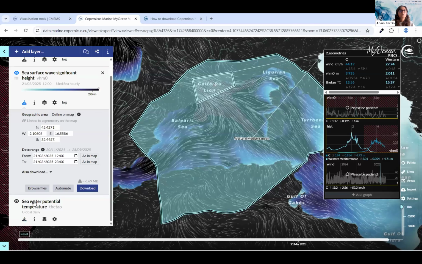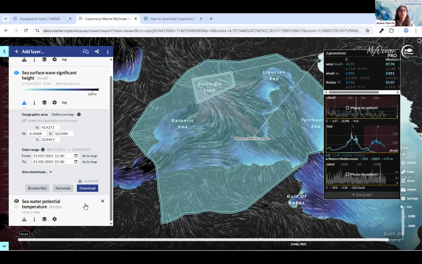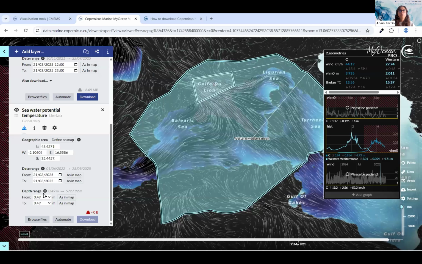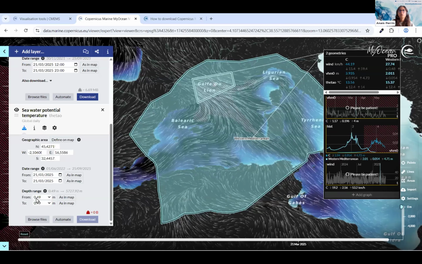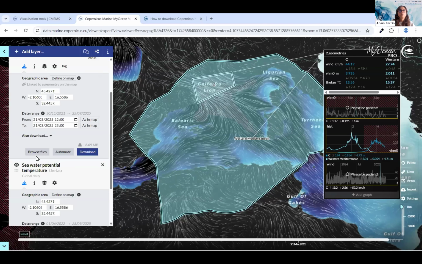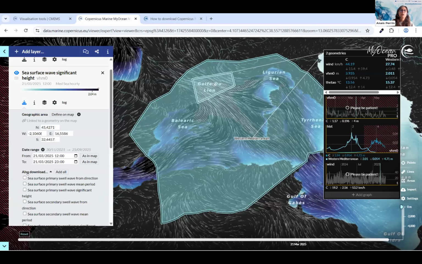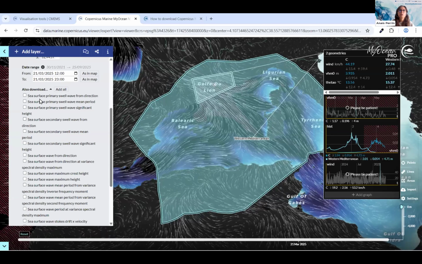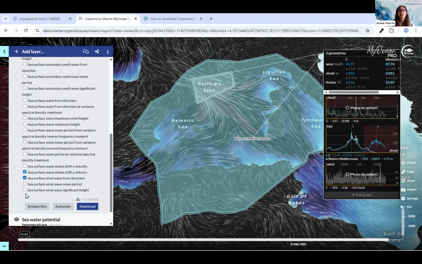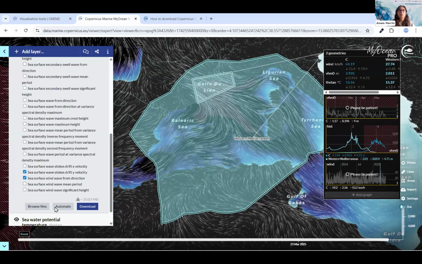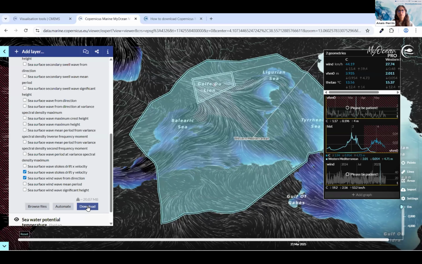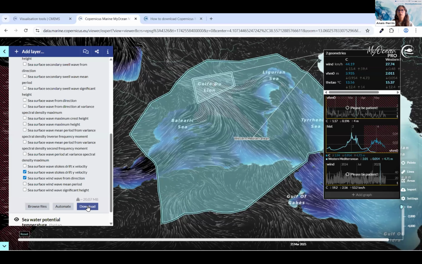For a 3D dataset like the sea potential temperature, you also have the depth range, and you can enter the range of interest and use the "as in map" option too. You also have the "also download" section, which allows you to download several variables contained in the dataset at the same time. When you're ready to download, you can click on the download button for direct download from the interface